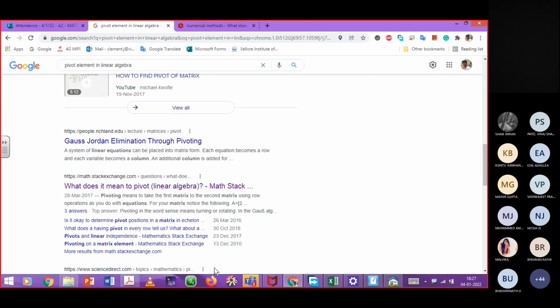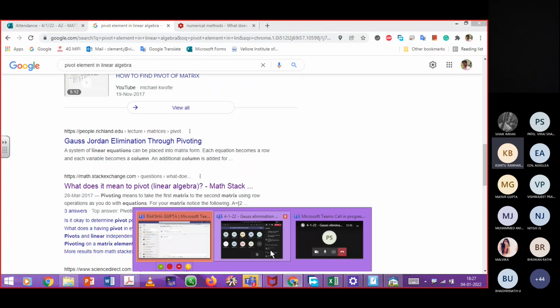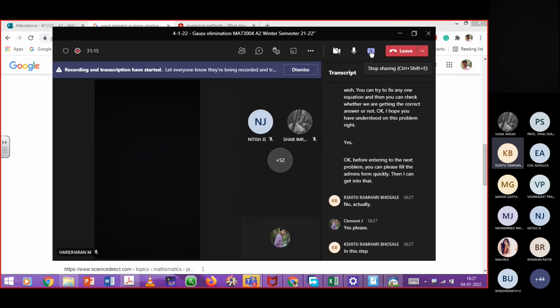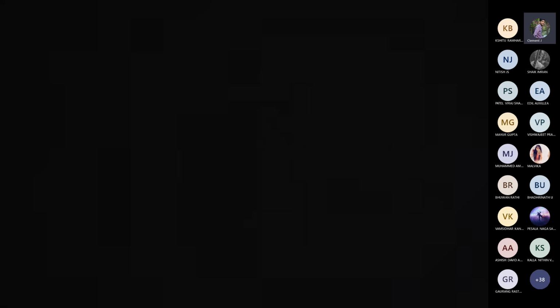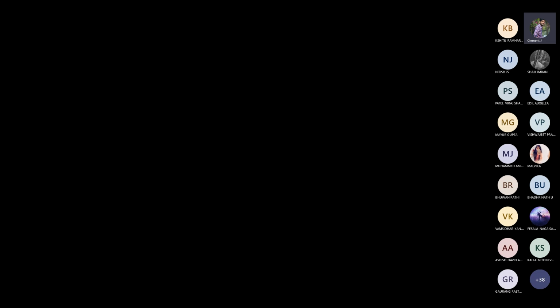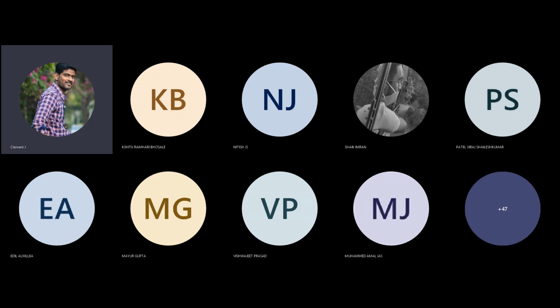Excuse me, sir. Yes, please. In these steps, we made the lower triangle 0. Can we take the upper triangle as 0, convert the upper triangle to 0? No. You're not allowed to do it that way, because reduced row echelon form requires you to follow the pattern below the diagonal. That means the exact position that I have shown to you. Okay, fine. Anyway, good question.